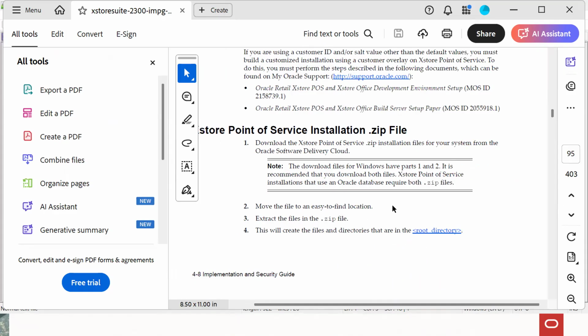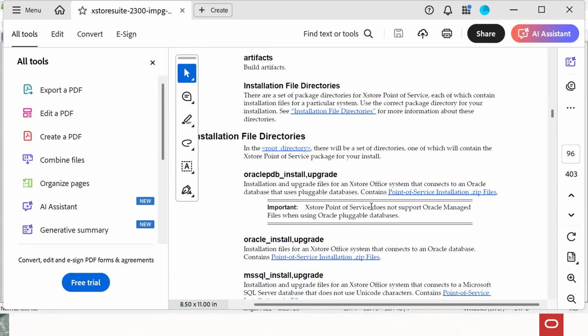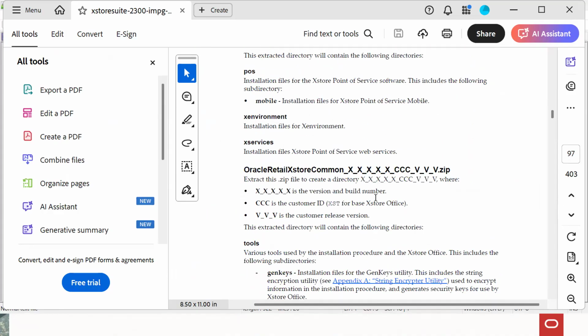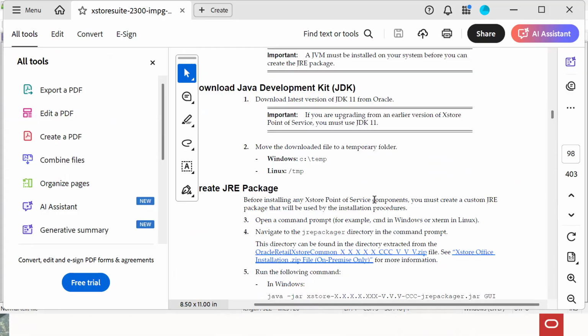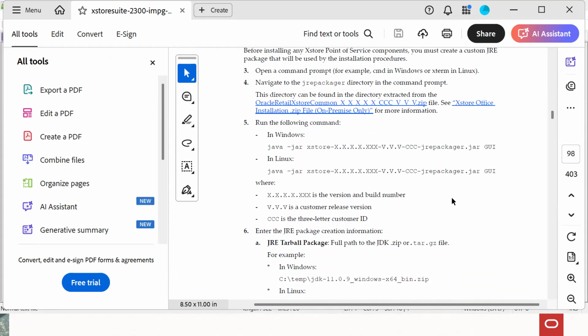So now we do have an installation file, and what we need to do is the installation file directory, everything they have done. So inside the POS, I have shown you the POS Java. We have created the JRE package also. So after creating,